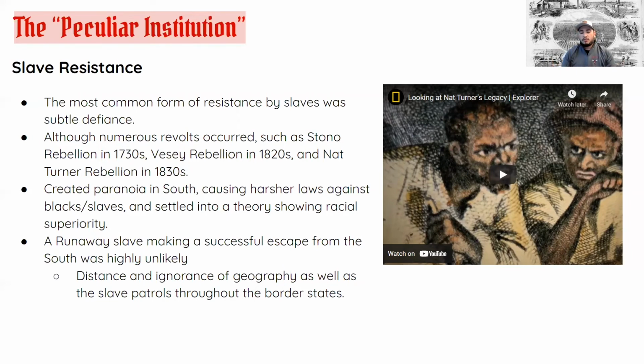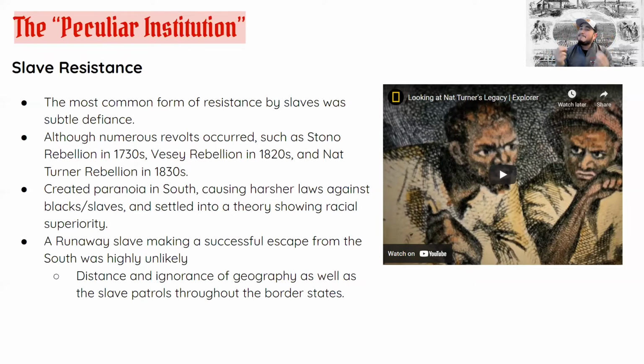This is where you found African-American slaves or even some abolitionist allies who violently attack white plantation owners and plantation societies. And when you start to see this happen, it creates a huge paranoia among the South, because you have a lot of these white Southerners who start to look at African Americans as a danger, that one day they will strike and attack.